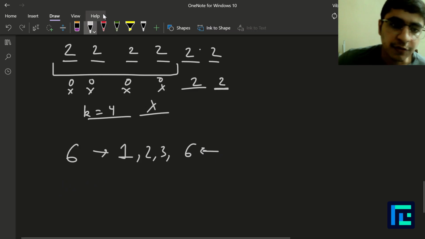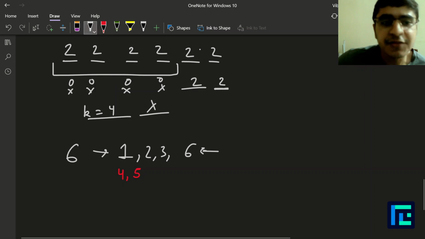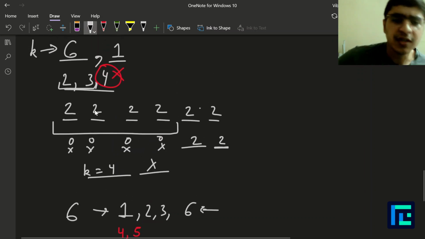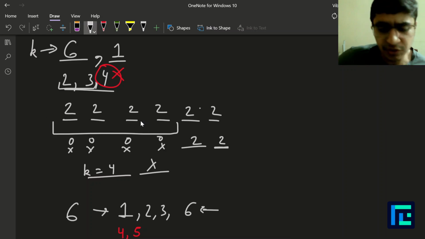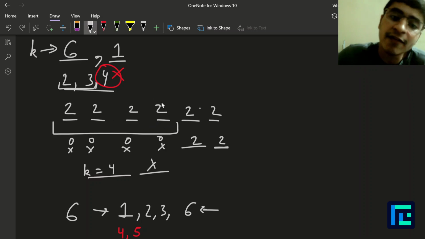But values such as 4 and 5 are not. And this is very intuitive to understand as well, right? Because in one operation, what are we doing? We're selecting a particular number of values and we're removing that bit from those values. And note, if there's any extra element which does not have that bit set, then automatically we'll not remove that